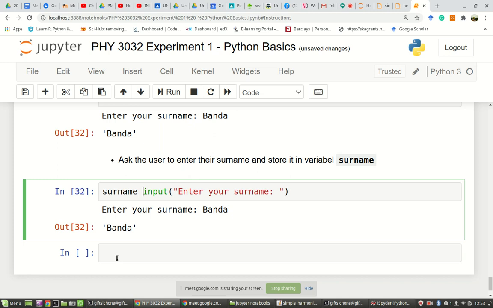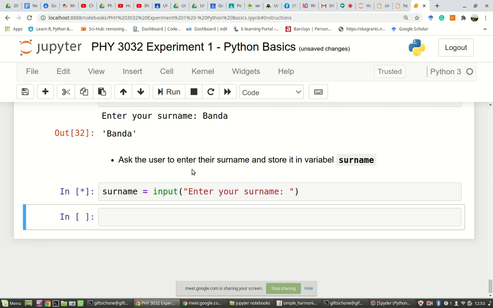Then we know this part is carried out first. So Python is going to do this part first, the input thing. It's going to display and wait for you to enter whatever name you want. Then after you enter the name, it's going to store that name in surname. So in this case here, we click that. It says, okay, enter surname. So I say, okay, fine, surname is